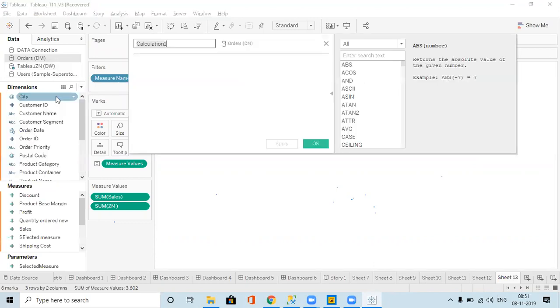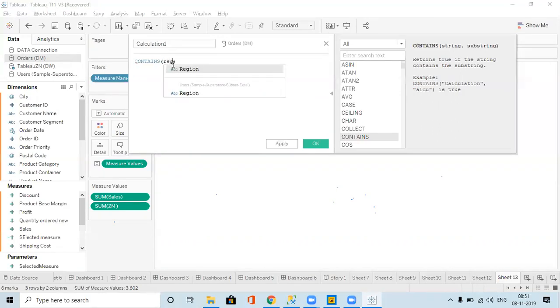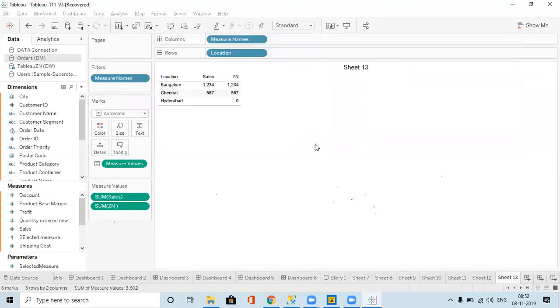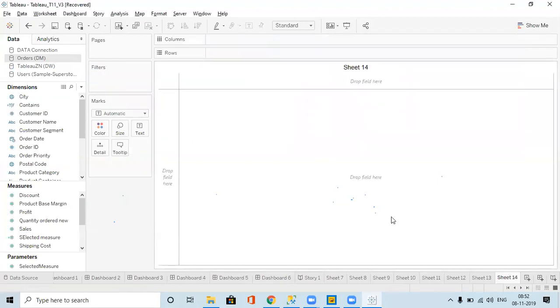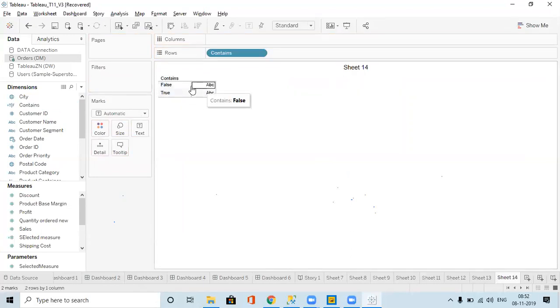So let me create it here. What is the function? Contains of string, let's say region. Okay, in double quotes, if I give EAS, then it will show the calculation as valid. So it is true or false that it will show.